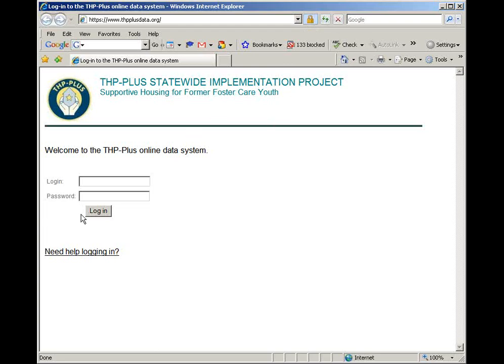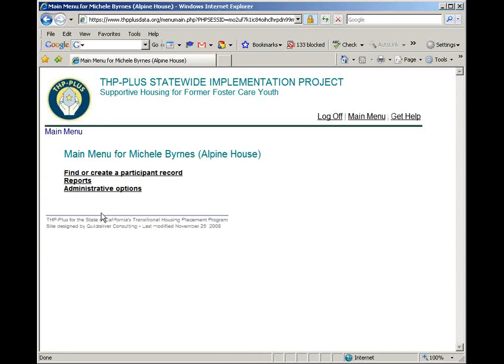What I'm going to do right now is log in. So let's say I'm a new service provider. I've filled out my use agreement, mailed it into the John Burton Foundation, and completed this web seminar. So within the next week, I'm going to be emailed a login and password. And so I'm going to just enter that right now. And as you'll see, when I enter the password, it does not show up on the screen. So it is another protection for you. And here's what we'll see.